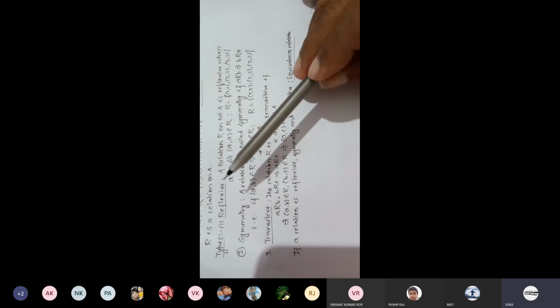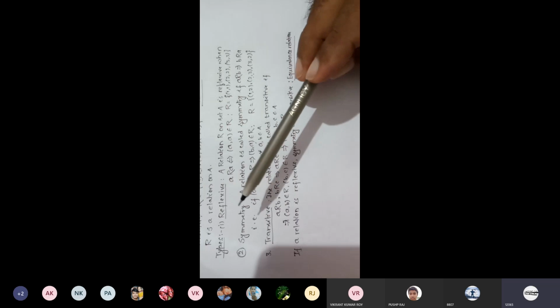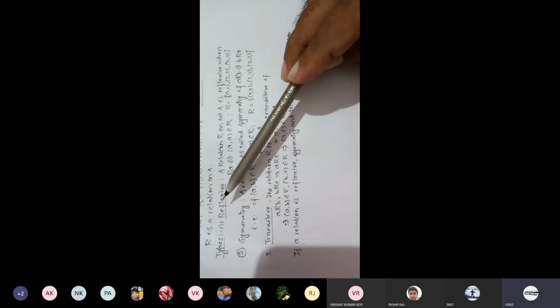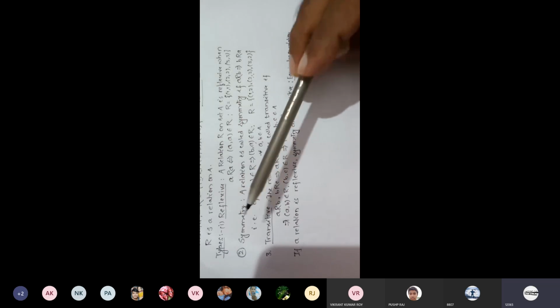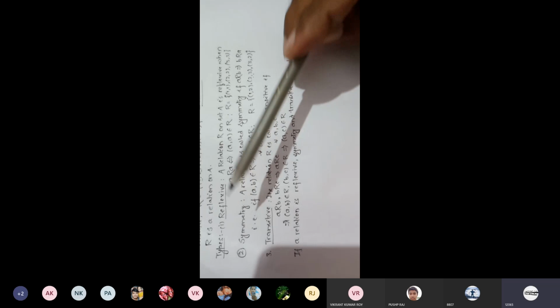And if you are asked in an examination to prove that the relation is an equivalence relation, for this you have to first check whether it is a relation. If it is already given in the question, then no need to prove relation. You have direct proof: reflexive, symmetric, and transitive. And you must remember to prove point-wise: first point reflexive, second symmetric, third one transitive. Not transitive first, then reflexive, then symmetric, in zigzag. First write reflexive, then symmetric, then transitive.